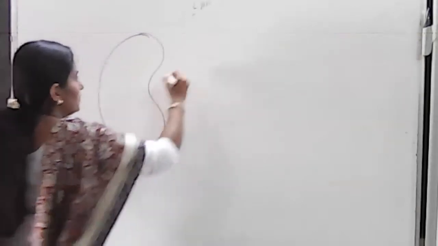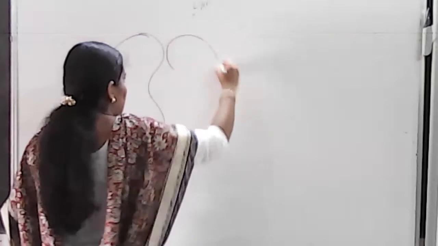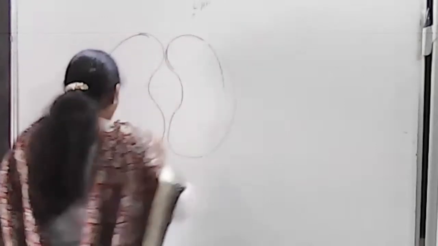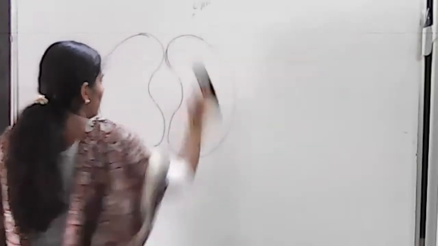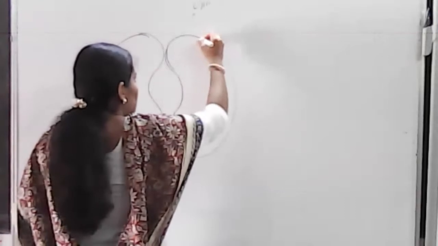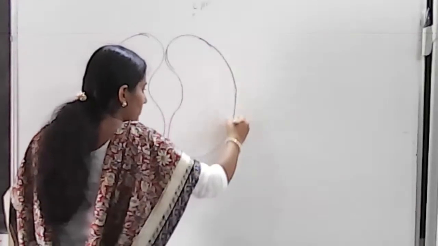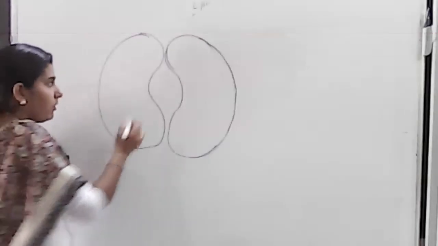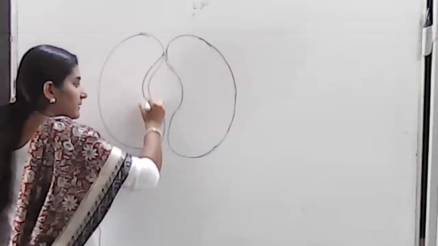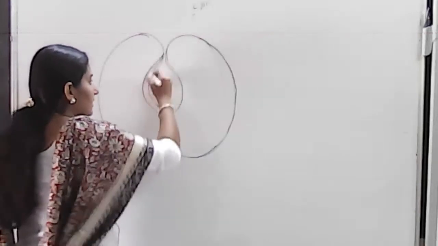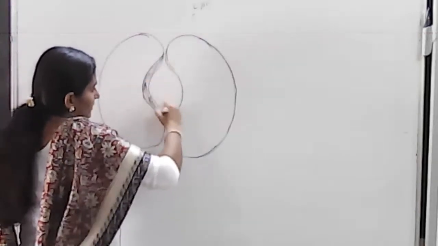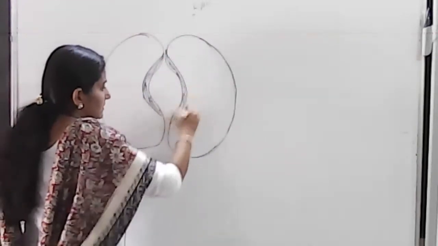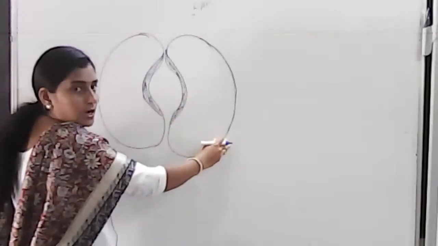So if you are asked to draw the structure of stomata, 2 cells will be there for a stomata. That is, 2 guard cells will be there which are kidney shaped. These are the 2 guard cells. So while you draw the diagram, the outer layer is thin walled, and the inner layer will be thick walled. See the diagram in your text also. I think the inner wall is represented there as a dark one, isn't it? So this one is the inner wall, this one is the outer wall.